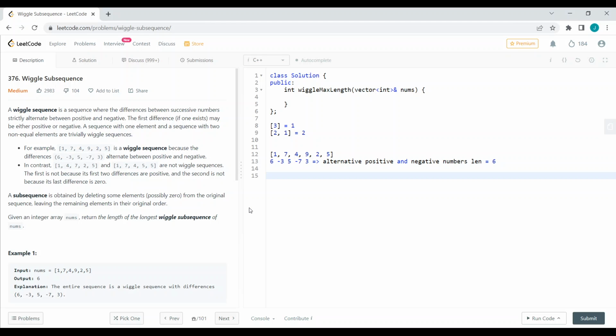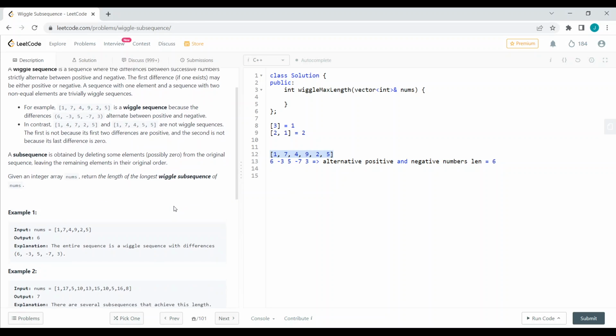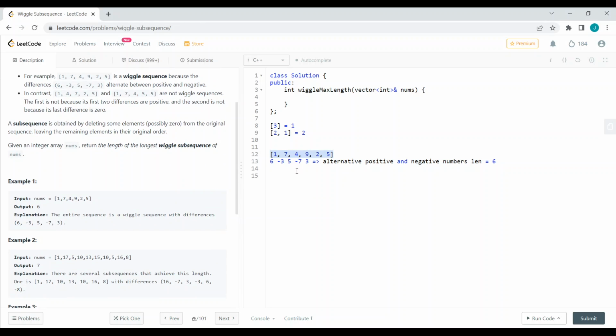We are given an array, and we have to find some subsequence that maintains a wiggle sequence, the longest wiggle subsequence. If we take this array, the whole array gives a wiggle sequence, so we can say the whole array's length, which is 6, is the answer. But if we consider this array,